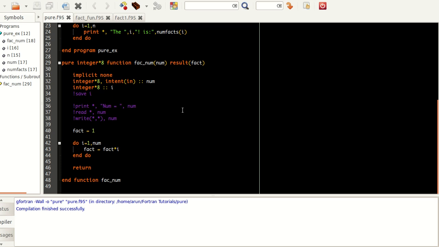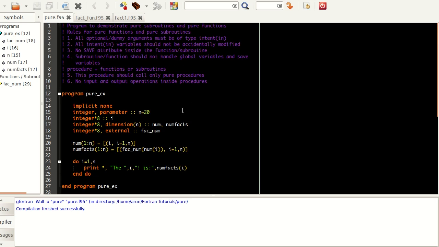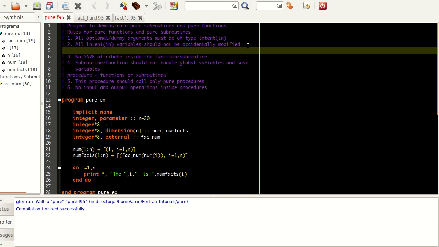And one more thing, pure subroutines and pure functions can be recursive also. So recursion is allowed, intent in out operations are allowed, but intent out operations are allowed, but intent in operations are not allowed. Okay, so that's it. If I were to make a small correction over here, not a correction, just an extension,